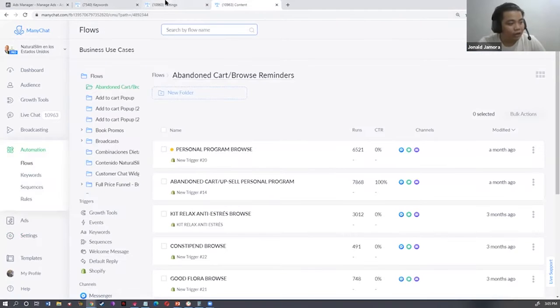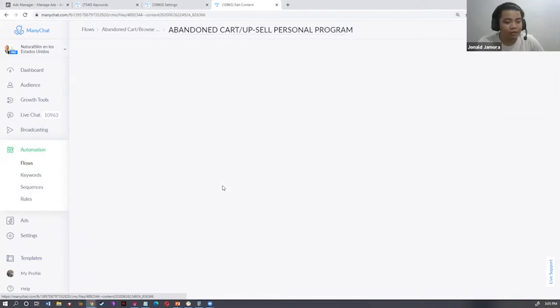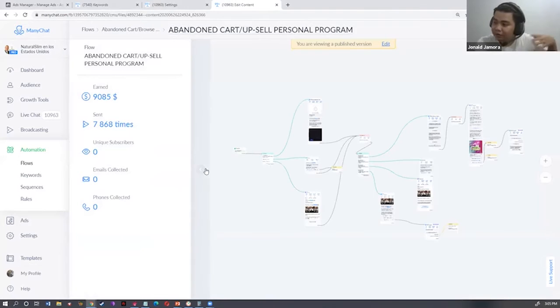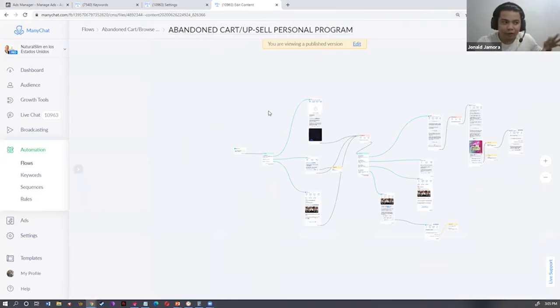The second question from Laura is that some of her messages were not sending, or only a few messages were being sent. What I would advise is that ManyChat's current Shopify flows are only set to Messenger. What we did with our accounts is we set it to multi-channel. The reason you want to set it to multi-channel is that this triggers specifically the abandoned browse or abandoned cart feature, as soon as a user abandons a cart or abandons browse.